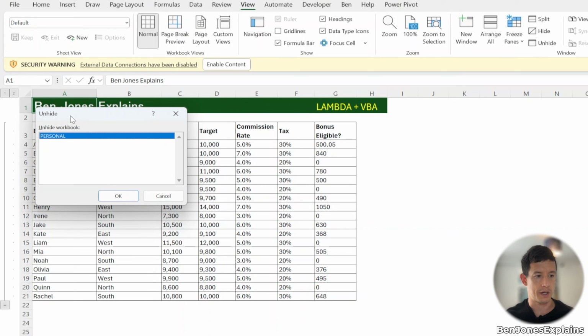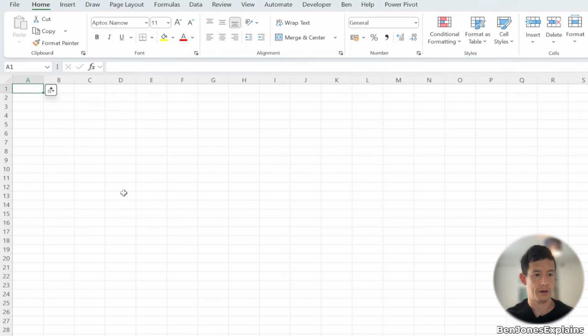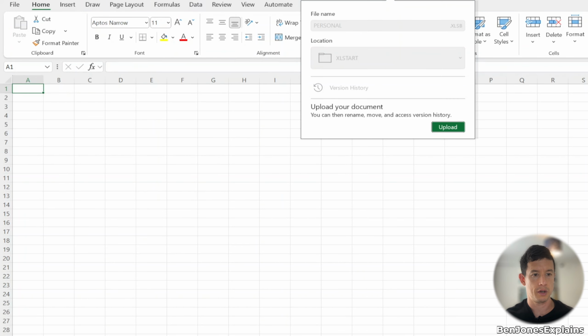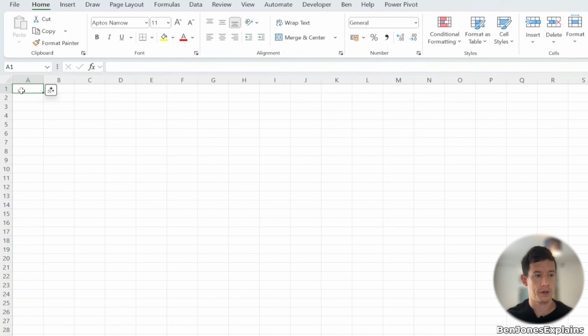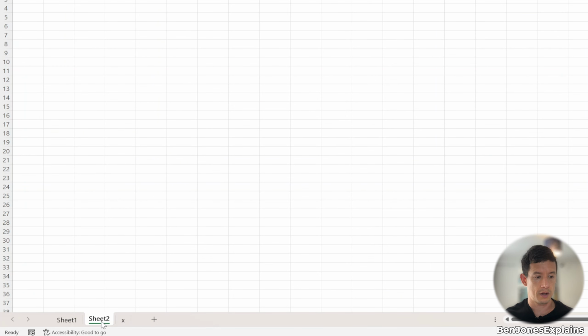In the Unhide window options you can now see we've got this hidden Personal Workbook. Click OK on that. This is going to take us into our personal workbook. You can see we're in this here, and this is within the Excel Start folder. So what we're going to do is create a worksheet within here, and we're going to call it